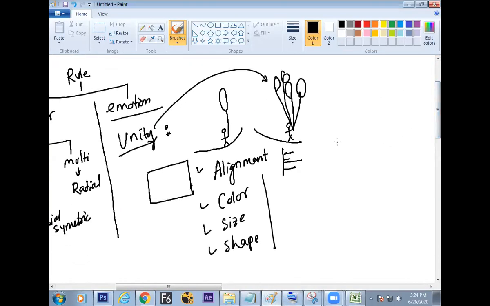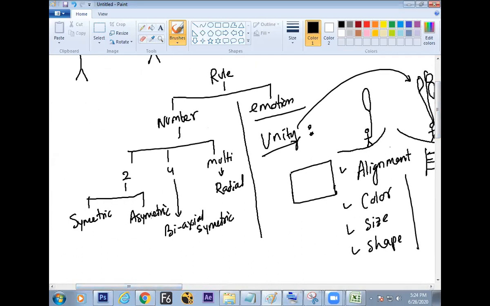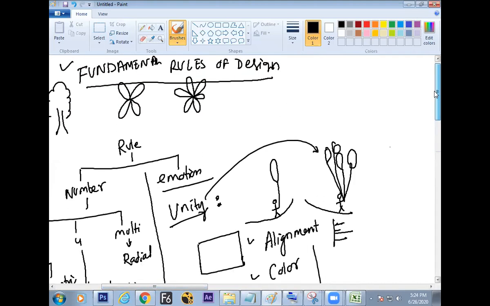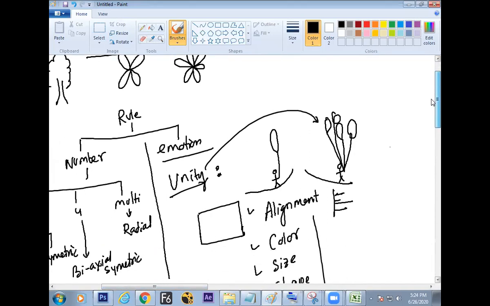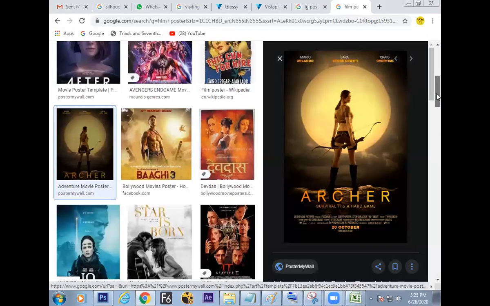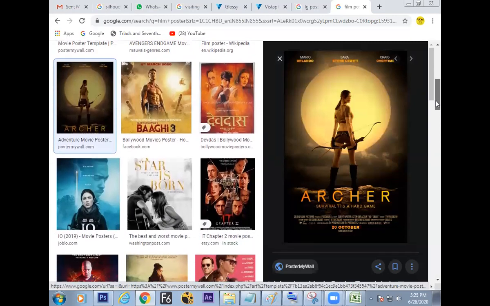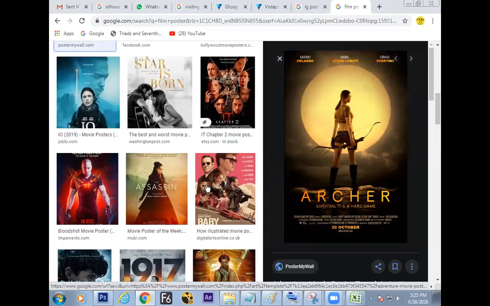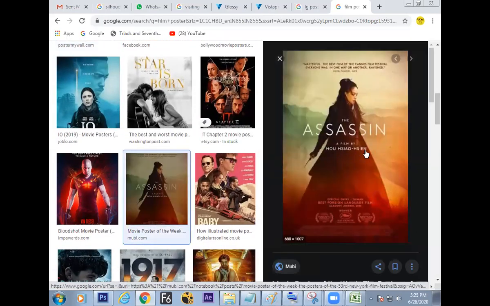We have given a few examples. It is not like a number game. We cannot show it like 2 sides or 4 sides, but it is an emotional factor. So we need to understand through various examples. After understanding, how to use that in our design depends on you. And this is the exercise to be done in graphic designing. Graphic designing involves a lot of analysis by the artist. Artists who know how to analyze things make wonders. On everything you can find, there is a unity factor working. What is that unity factor? That has to be found out.